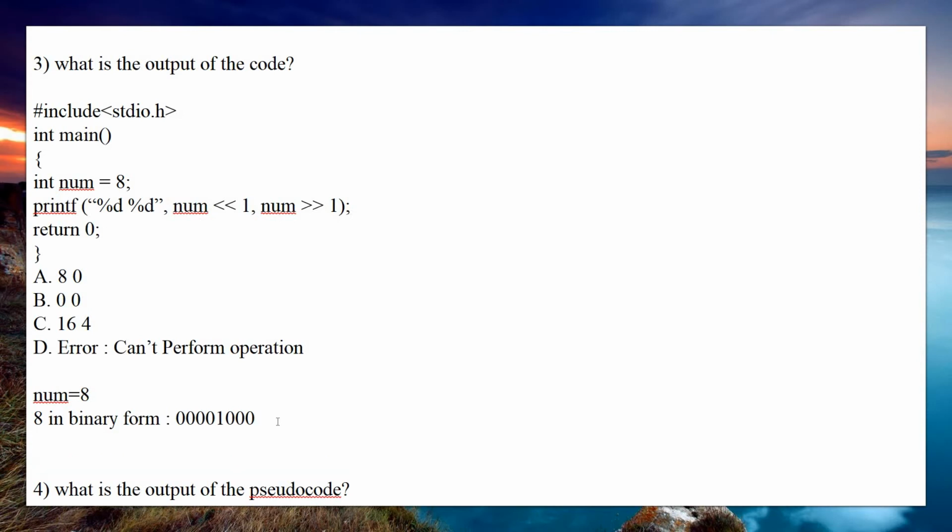So first you are going to perform left shift. Performing left shift on the 8 in binary, the leading 0 is gone, then 0 0 0, then after that you will have 1, then the remaining 3 zeros are left and 1 zero is added. So that will be 4 zeros.